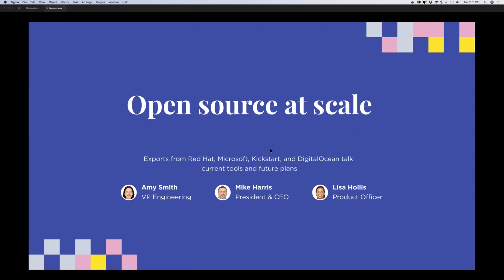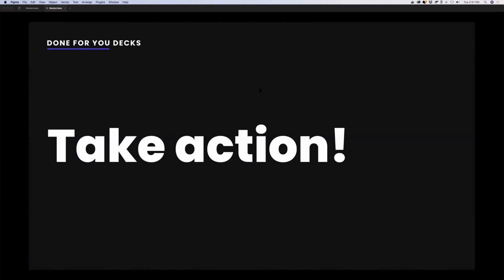Same thing if I went here and made this in proximity, how I could say open source at scale. Okay, that's the name of the event. Oh, okay, these are the experts that they're going to be talking about just by using proximity. Now,